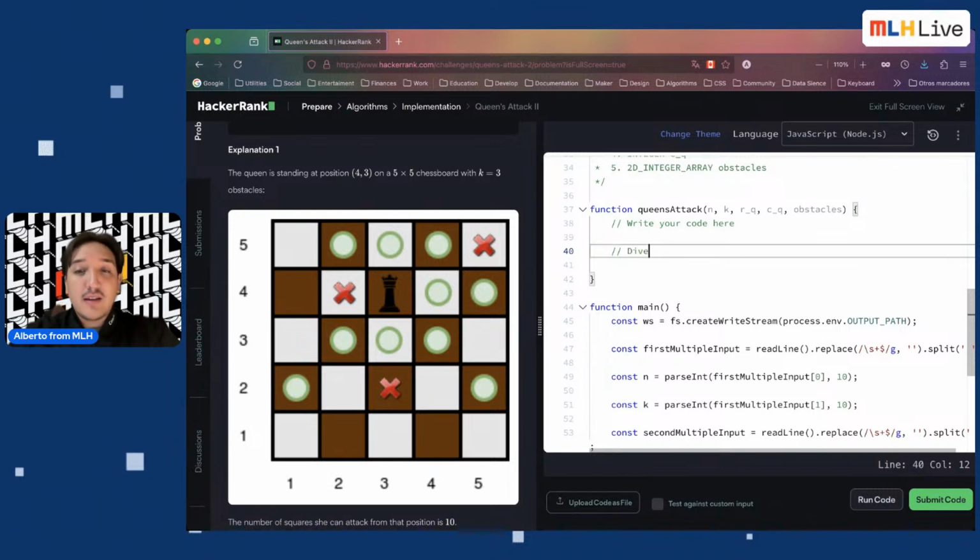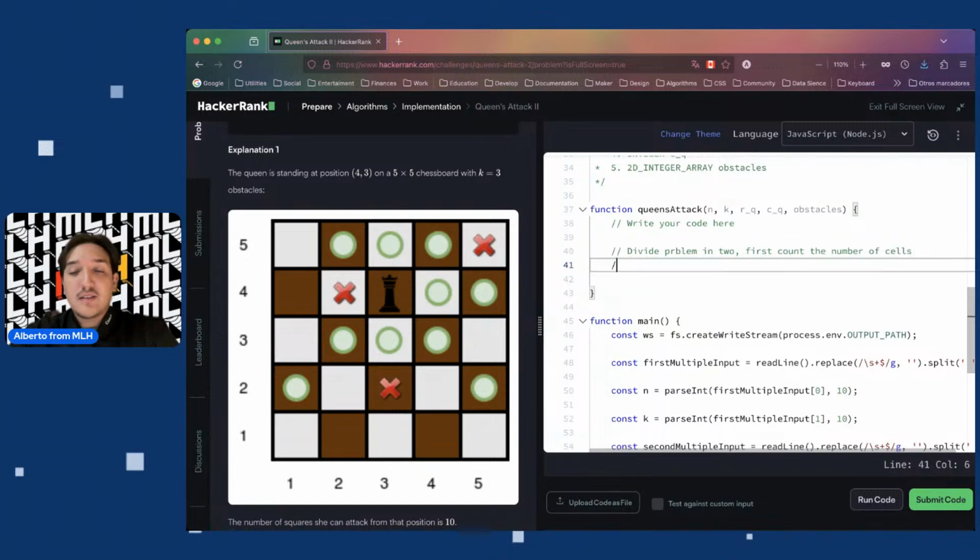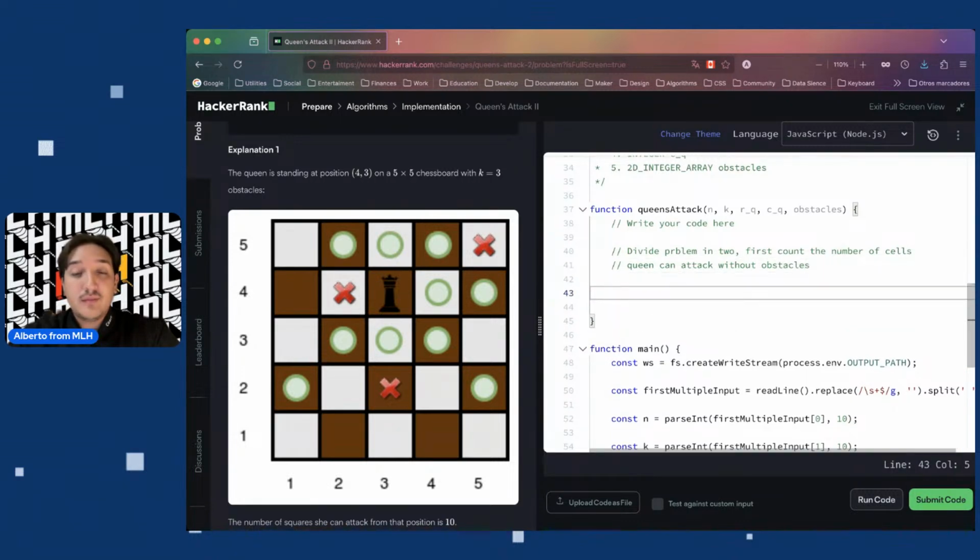So divide the problem into: first, count the number of cells the queen can attack without obstacles. So let's start by creating